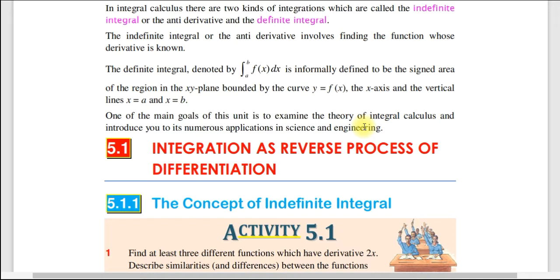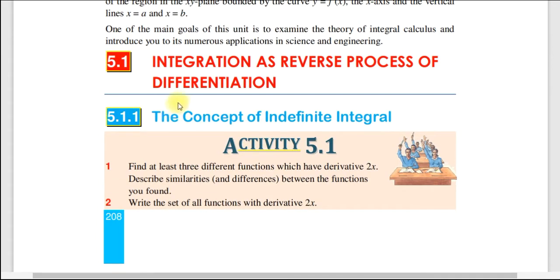እንግዲህ እንደ ኢንትሮዳክሽን ይሄን ያክል አይተናል። ያ ማለት ሁለት አይነት ካልኩለሶች አሉ። ዲፈረንሻል ካልኩለስ and integral calculus። ዲፈረንሻል ካልኩለስ ምን እንደሆነ ከዚህ ቀደም ስናይ ነበር። አሁን ደግሞ ኢንተግራል ካልኩለስን የምናይ ነው የሚሆነው። ኢንተግራል ካልኩለስ ደግሞ ሁለት አይነት ክፍል አለው። ወይም two kinds of integration አለ indefinite እና definite integration እንዳለ introduction part ላይ አይተናል ማለት ነው። So የመጀመሪያው ቶፒካችን እንግዲህ በዚህ ዩኒት integration as a reverse process of differentiation ይላል okay